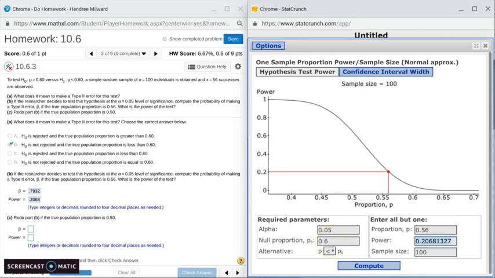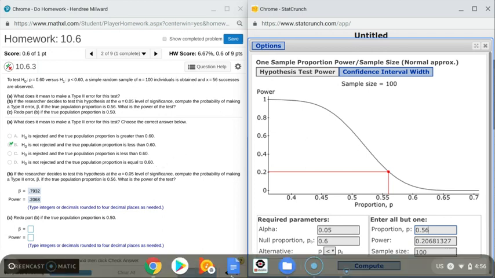The null proportion is still 0.6. You're still doing a left-tailed test. You just have to put in 0.5 instead of 0.56. The sample size is the same, and you just get the power here. And to get the beta, you subtract that from 1, and you're done. So I hope that